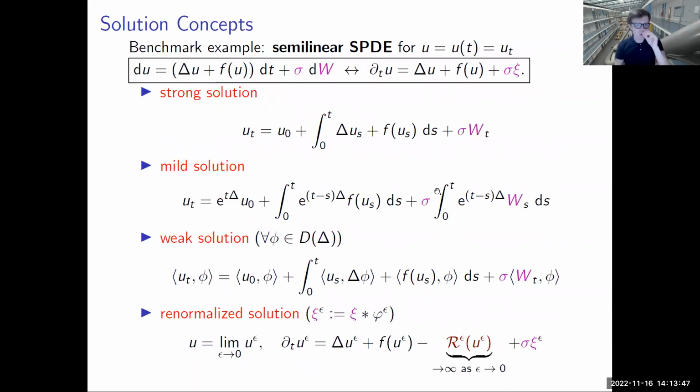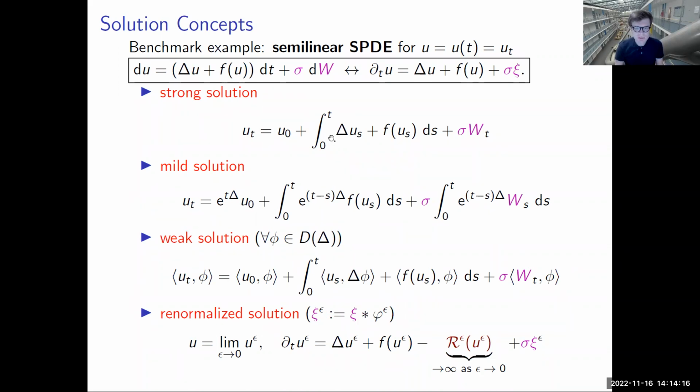All right. So what are solution concepts for these SPDEs? Let's suppose we think of these types of equations. You can write them in a mathematical formulation, a little bit like the classical Ito type or Stratonovich type formulation. I will use the Ito formulation. Or you could write them in the physicist notation that I used on my motivation slide, where it's basically just a reaction-diffusion equation plus a forcing. So there are many different solution concepts.